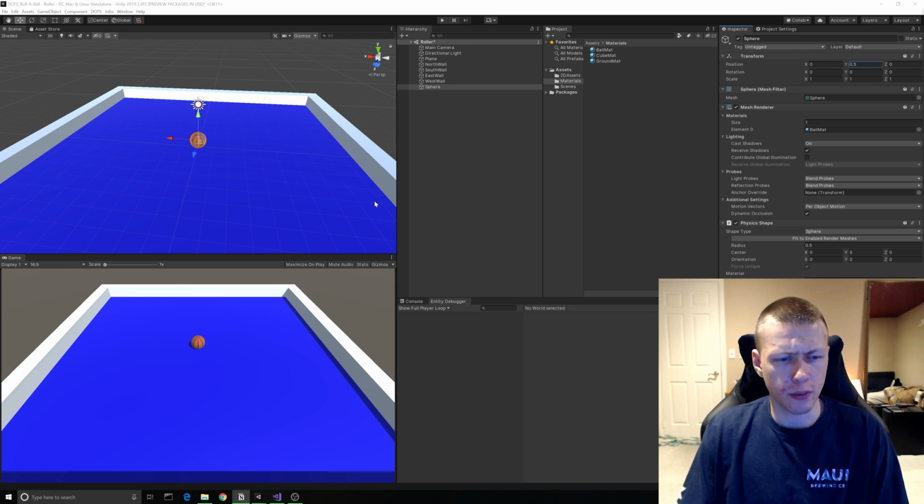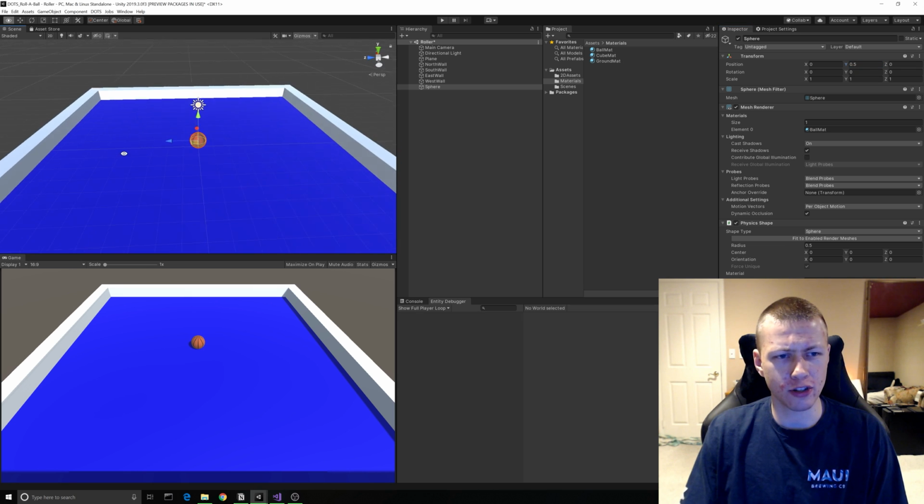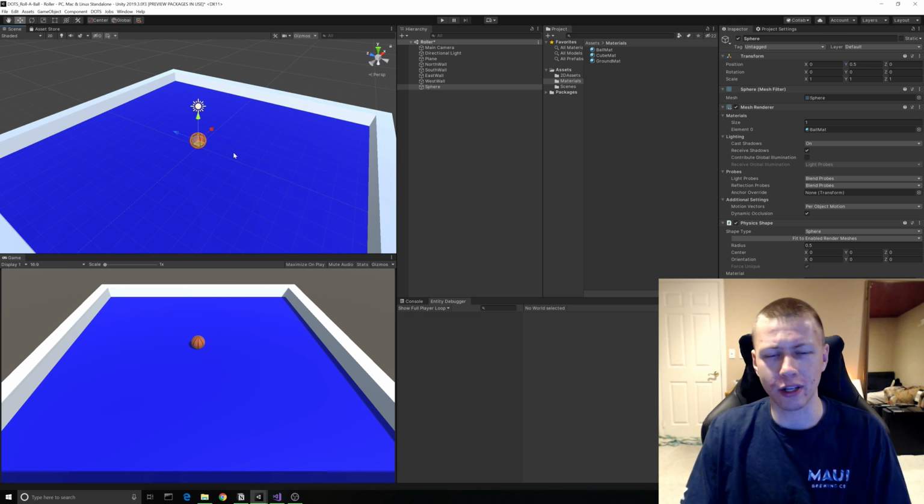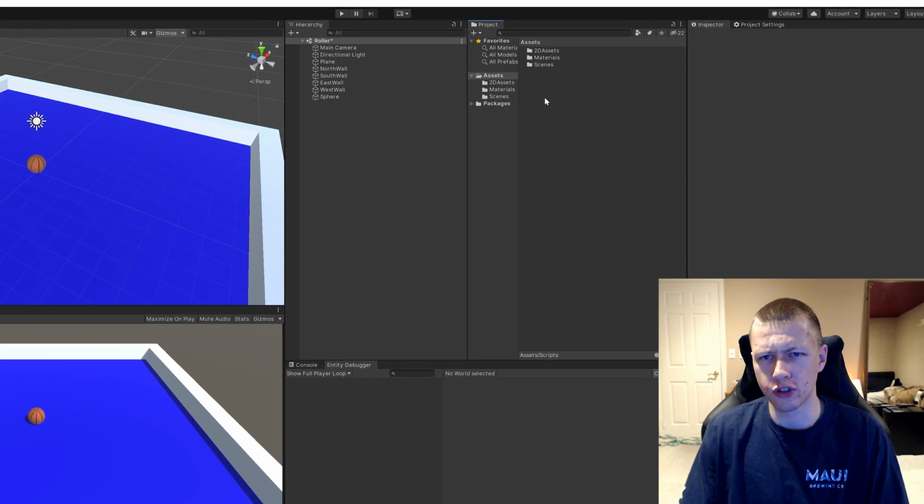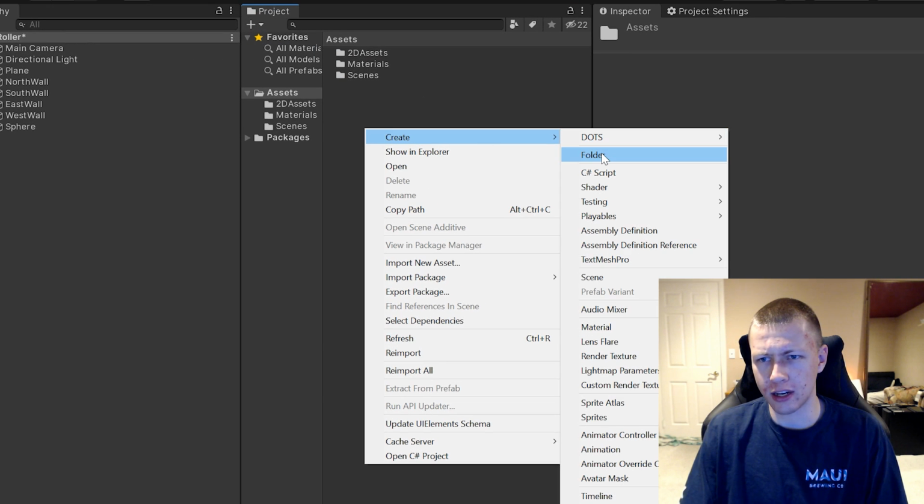All right, so now we pretty much have our basic entities. So now it's time to start adding some components to them. And we're just gonna be starting with one component. This is going to be a speed component, which we're going to be adding to the ball here so we can kind of regulate how quickly the ball moves around. All right, so just in the assets folder here, I'm going to go ahead and create a new